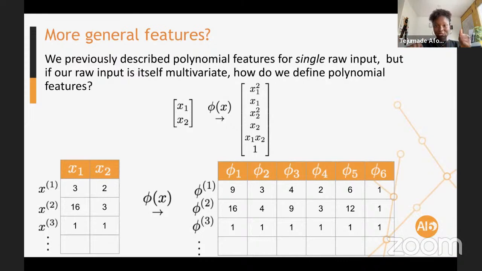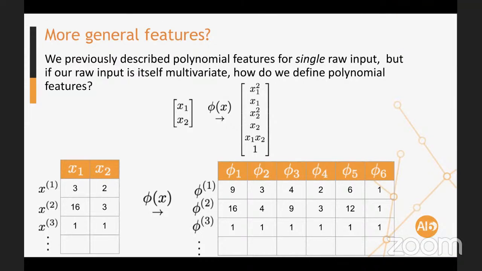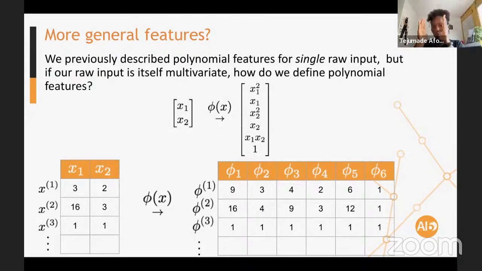So you have x1 and x squared. So we are no longer just in one feature space now. Now we have 2 features. Like in your data set, you have 2 features. And we still want to do polynomial of degree 2. Can you tell me what you think that would be?